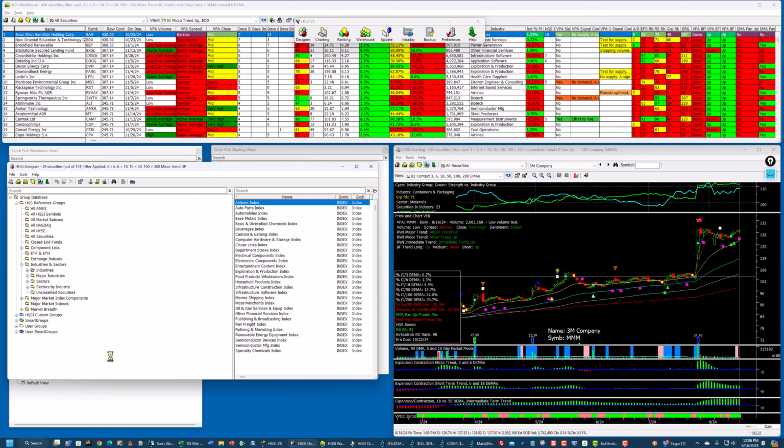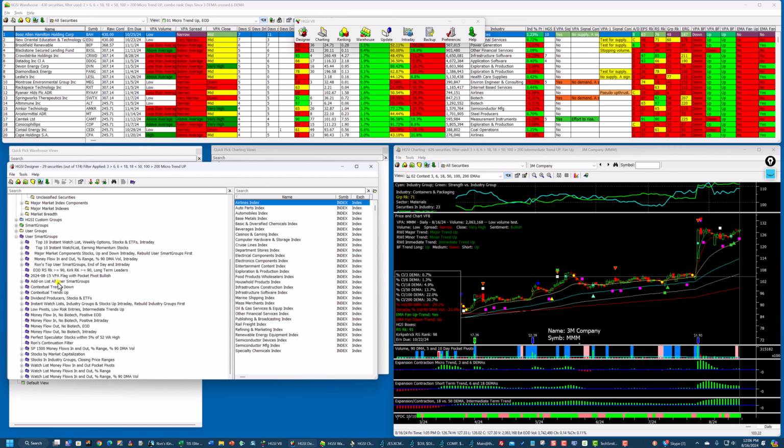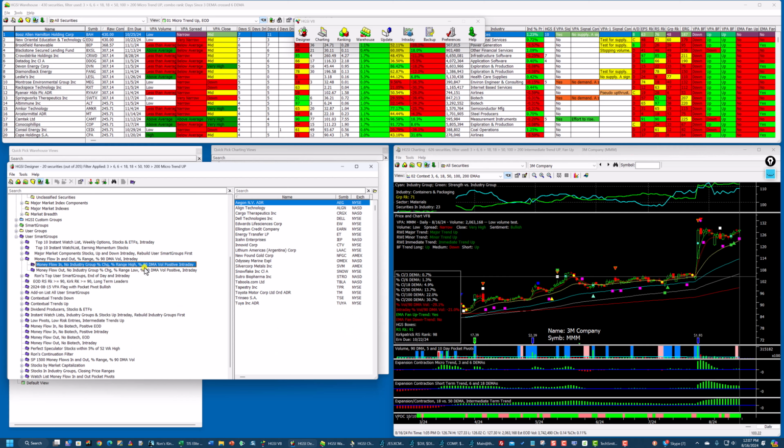So I'm going to have current data, not end of day data, and I want to concentrate on the stocks that are showing money flow in. So here's money flow in. Percentage change has to be positive, the range has to be above 50%, and the volume has to be above normal. So this is what I'm in right now,